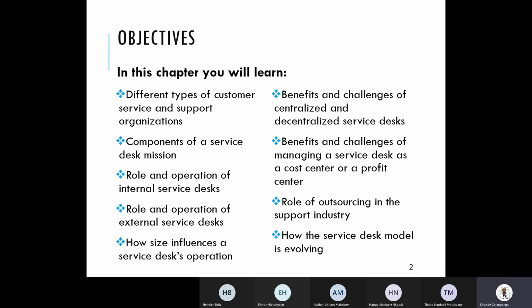Also looking at the basic components associated with any particular service desk, and the basic roles associated with your internal as well as external service desk. Remember, those are your two main platforms associated with service desk environments. Also understanding the differences between centralized and decentralized service desks. I think when it comes to your POE, the first task should ask you to differentiate between these two platforms and provide an understanding of what these service desk environments are